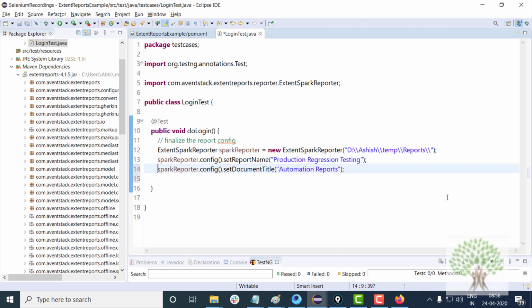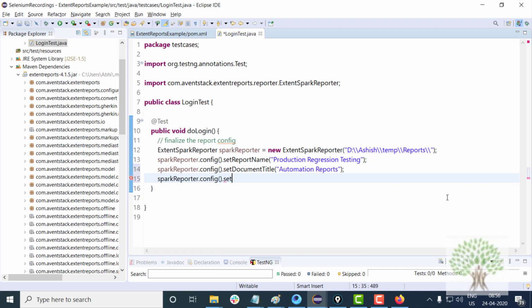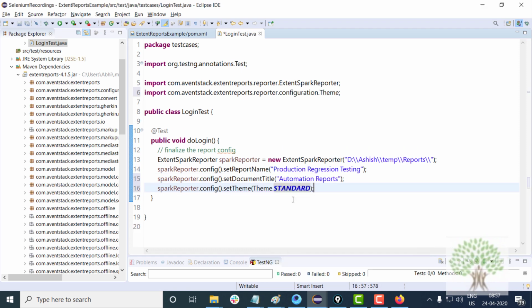Then you can set the theme of the reports. There are two types of themes defined by the Theme class: dark and standard. We just saw the dark theme which I showed you. Standard theme is a normal white background.